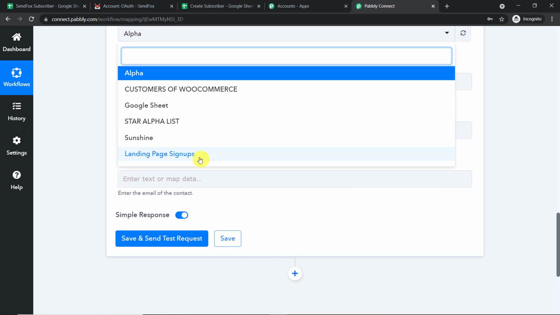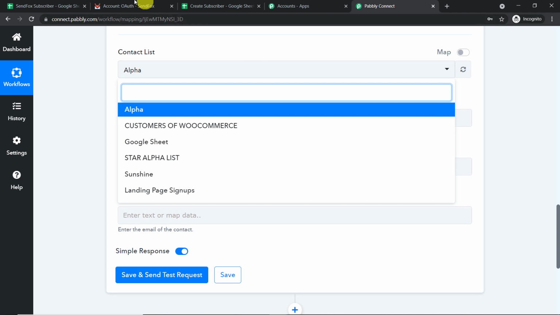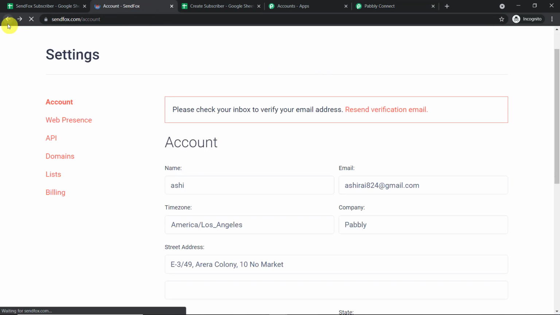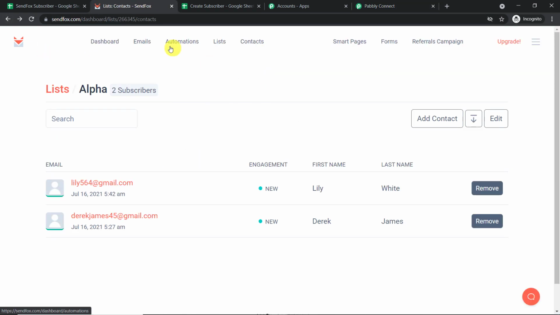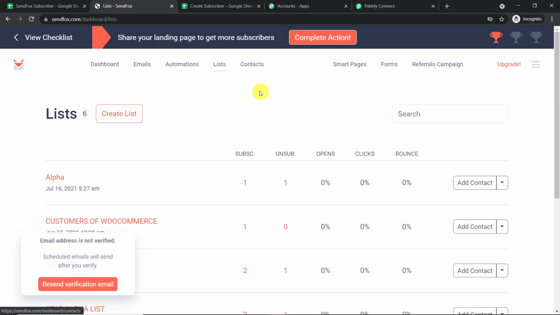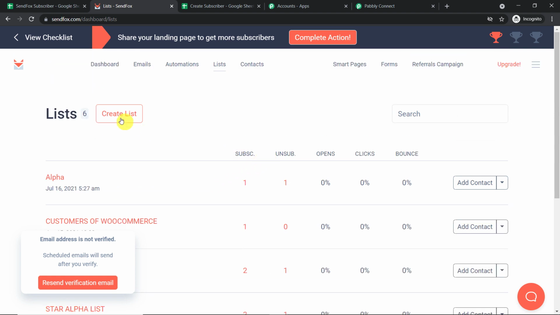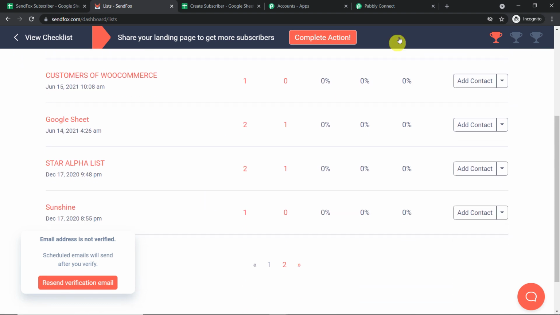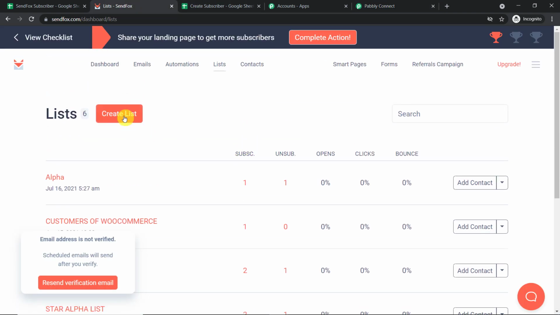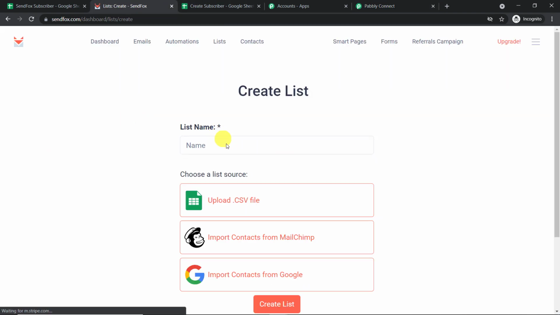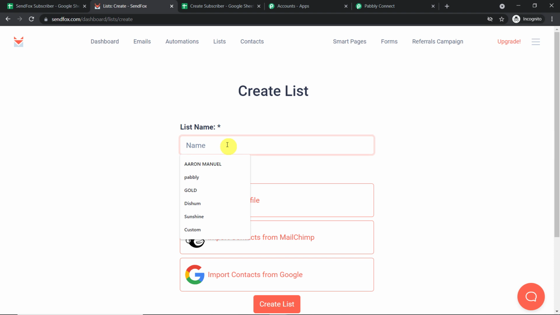So these are all the contact lists that are present in my SendFox account. So let me just take you back there. I'm sorry, let me just take you to the list. So these are all the contact lists we have in my SendFox account. All the lists that are present here are being reflected here. Now I plan to create a new contact list. So let me just click on create list, and the name of the list will be